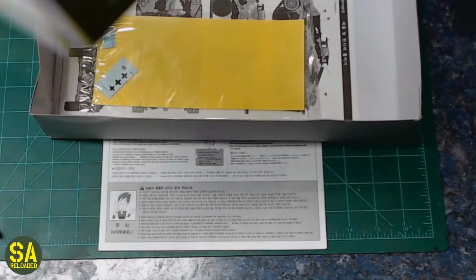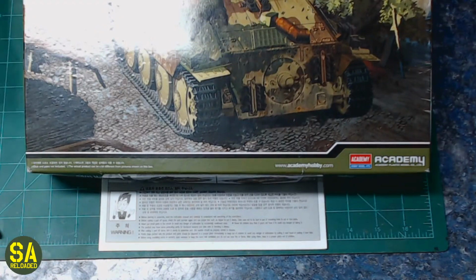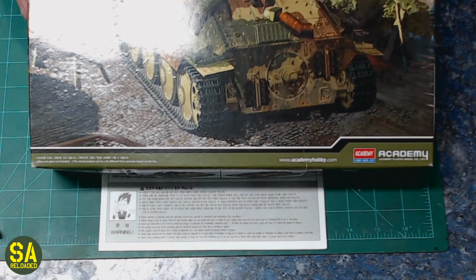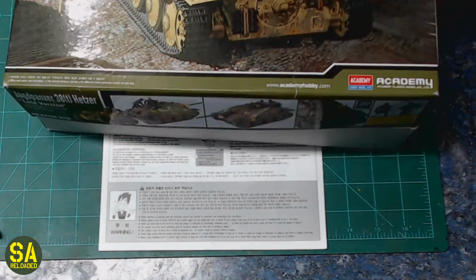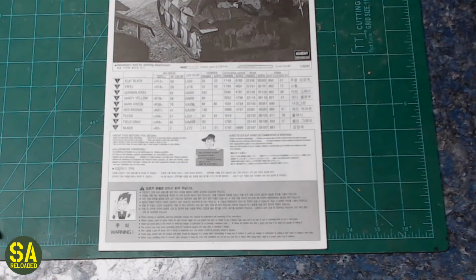But if you haven't seen the box top, this is it. This is what this camo is supposed to look like. And the mask set probably works pretty good as long as you don't put all the handholds and stuff on it before you try and mask it and paint it. So anyway,